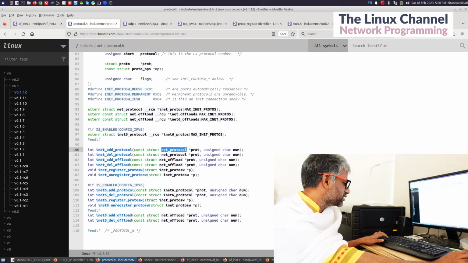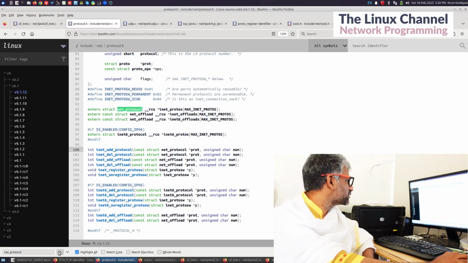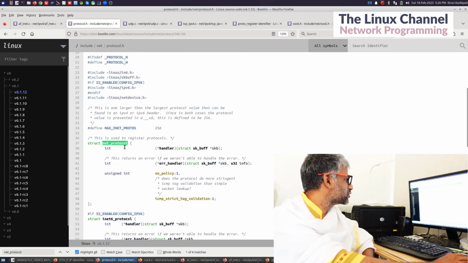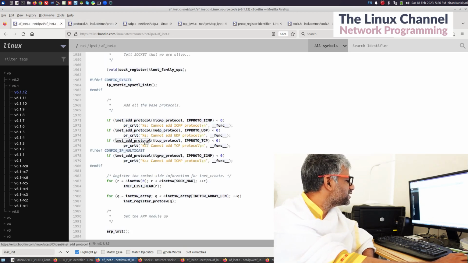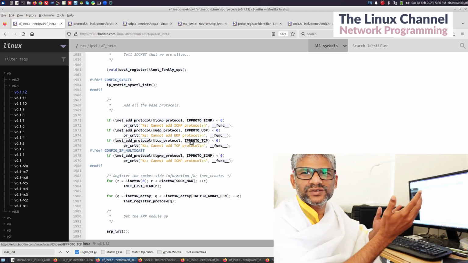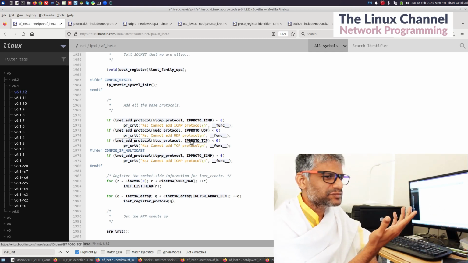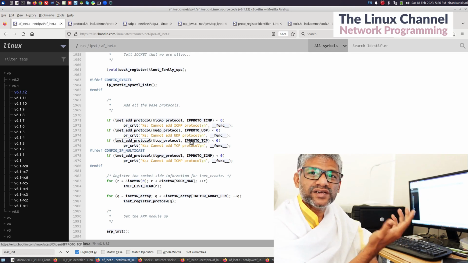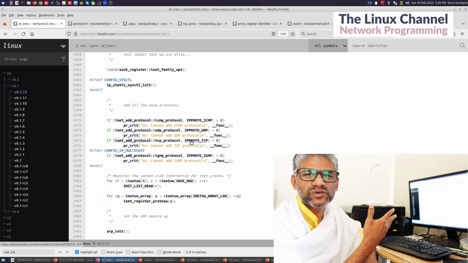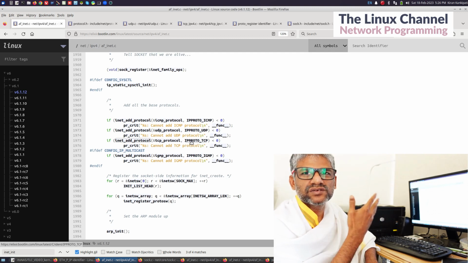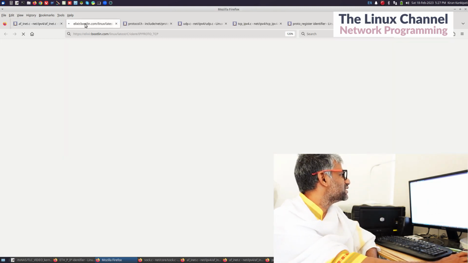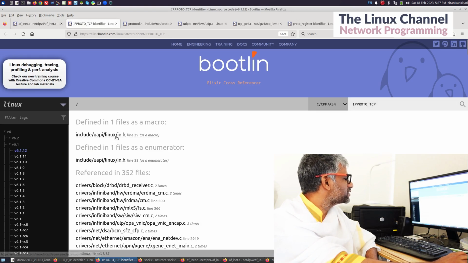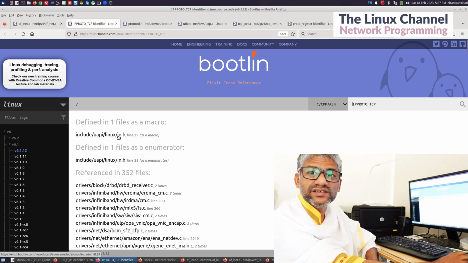data structure definition. You can see the net_protocol, and this is what it takes. So you go back here, and this net_protocol is also taking this IPPROTO_TCP and so on. The IP header should have this protocol number, which is 6 for TCP, and for UDP it is 17 and so on. So you can click this and you will find that definition in this uapi/linux/in.h,